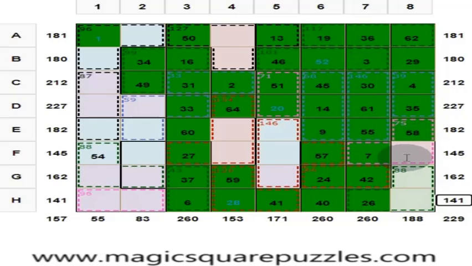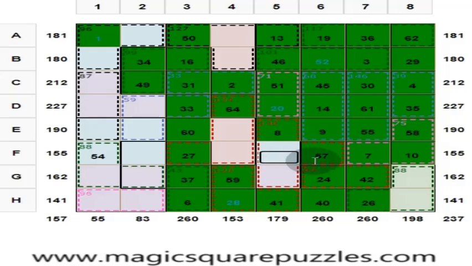And what can you find out, this one? Yes, these four numbers will give you 130. So 55 plus 58 is equal to 113. 113 plus 7, 120. Here you put 10 to get 130. Okay, and what do you get? What should you get here? 58 plus 55, 113. 113 plus 9, 122. Put 8 here to get 130. What do you get here? 57 plus 7, 64. 64 plus 10, 74. Here you put 56.